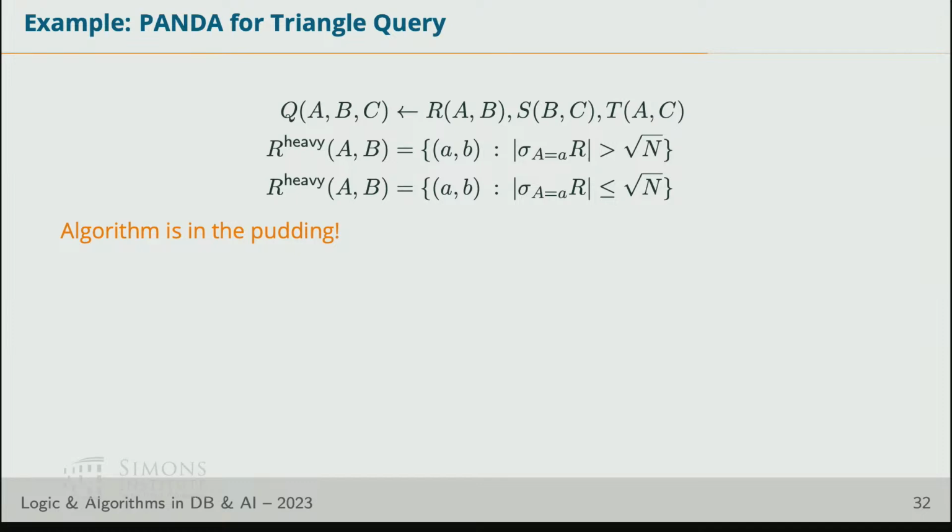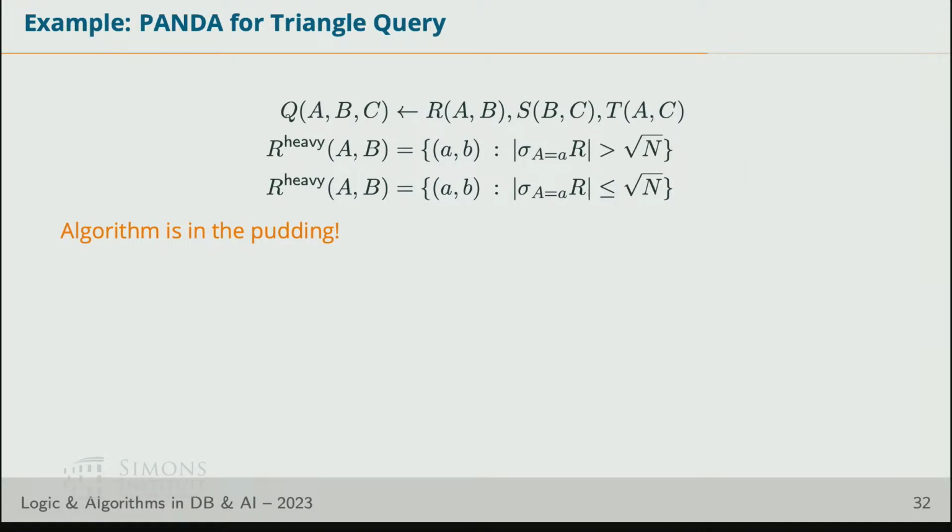Let's just partition the R into 2 parts. The part that contains the heavy hitters, and by heavy I mean the ones whose degree is more than root n, and the light hitters, the ones that are less than root n. So it's just a partition of R into 2 parts. This may be a little bit magic at this point, but I'll explain how we came up with this to begin with. But for now, let's just say